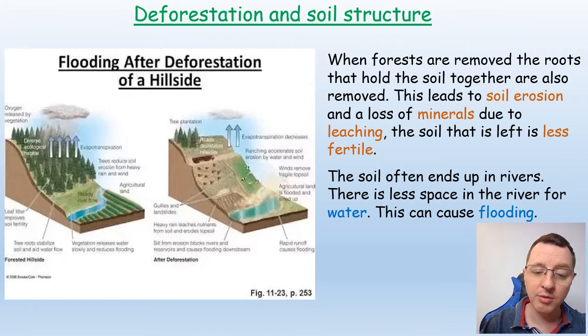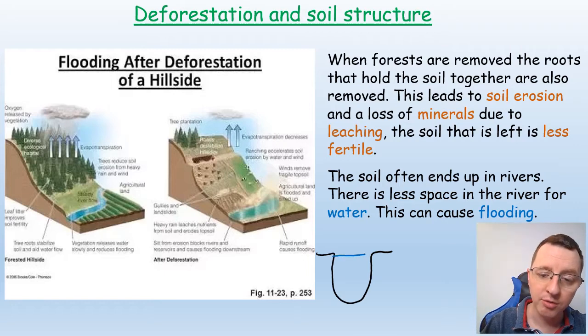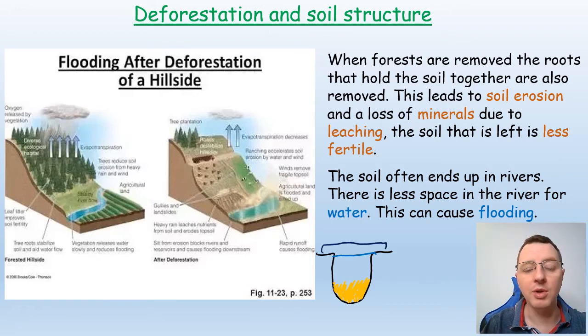And I can show you that with a simple diagram here. If you think of the cross section of the river looking like this, and it will be able to hold a certain volume of water. But if we start to have a lot of soil washed into that river, accumulating at the base of the river, then the river itself can hold a smaller volume of water, so that water will then spill out over the banks of the river, causing flooding in the local areas. And in the places where this happens, it can be devastating. Flash floods can occur and thousands of people can lose their lives.